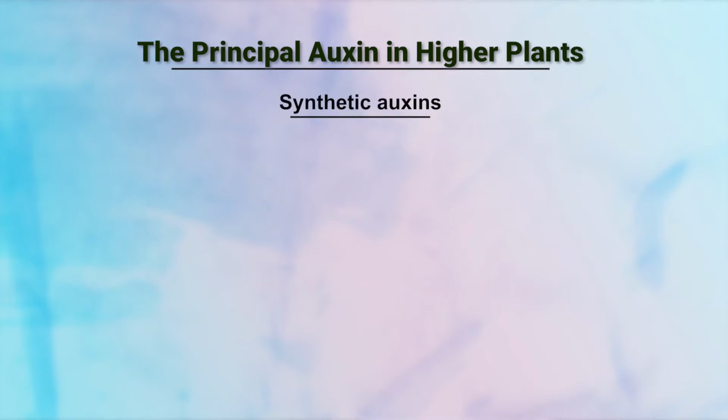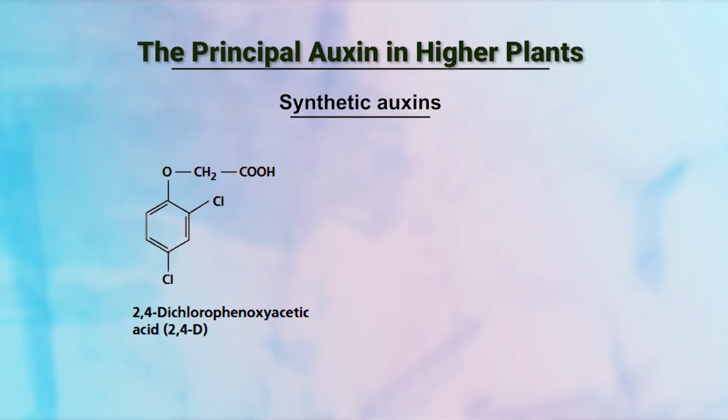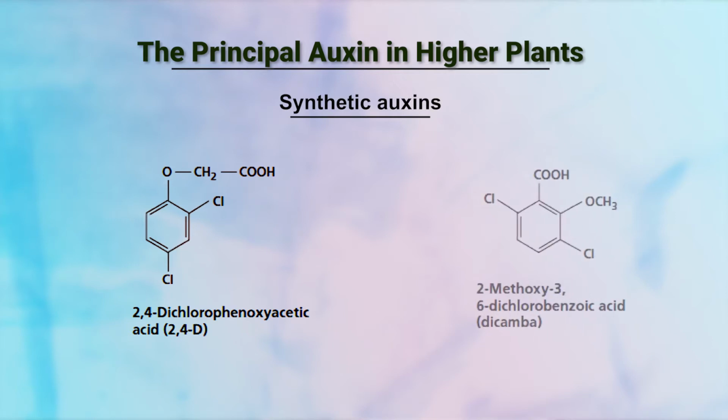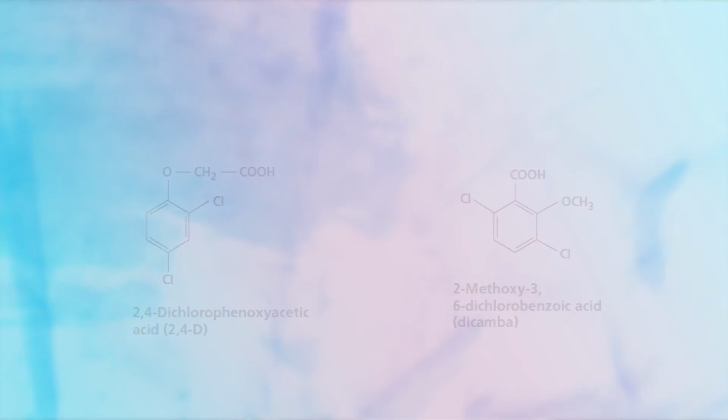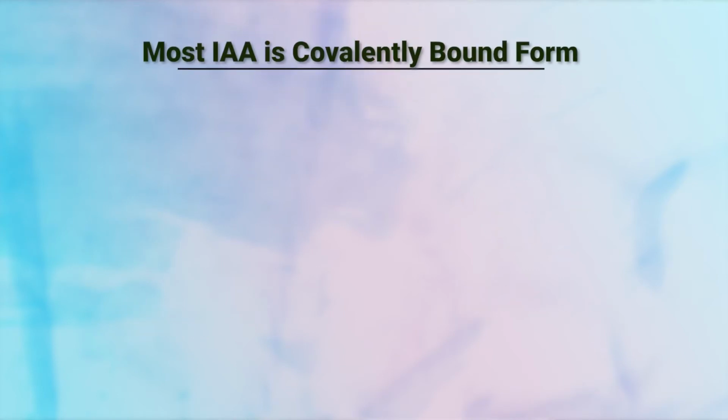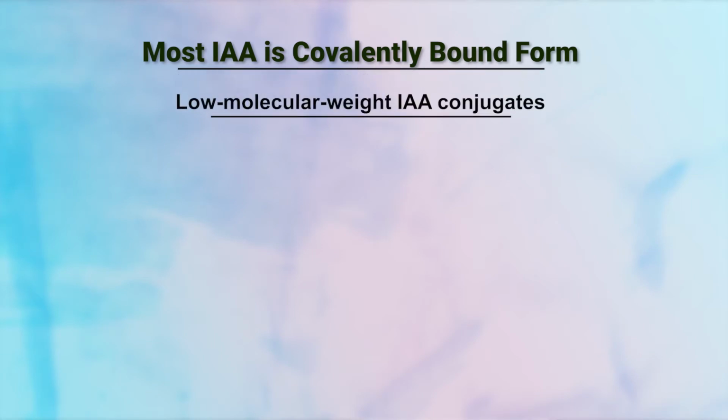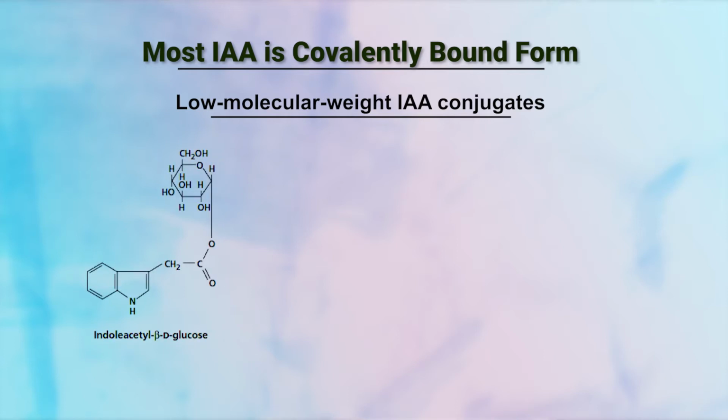There are several synthetic auxins as well. For example, 2,4-dichlorophenoxyacetic acid and 2-methoxy-3,6-dichlorobenzoic acid. Now, in vivo, indole acetic acid is covalently conjugated with other molecules such as beta-D-glucose,